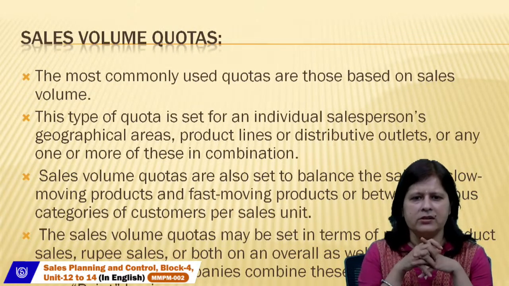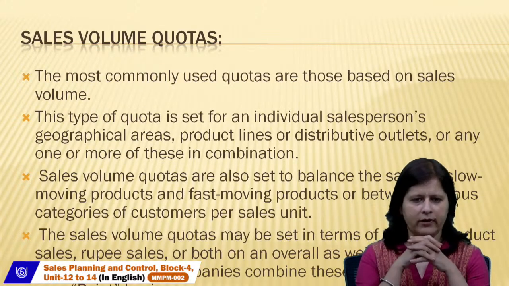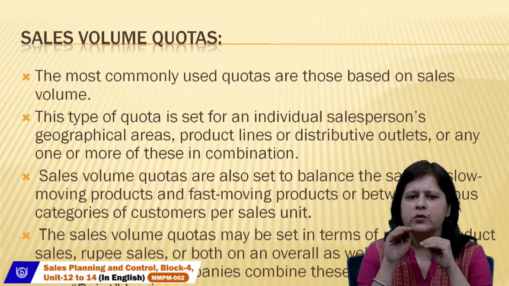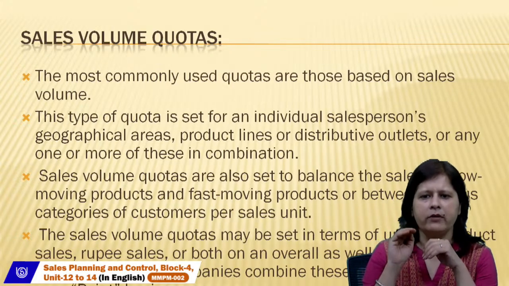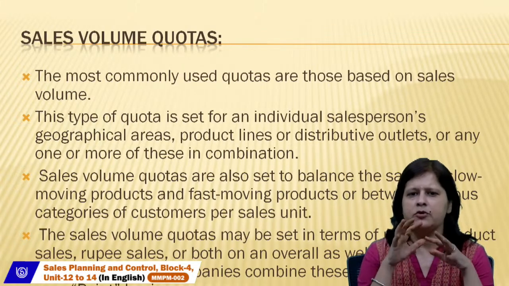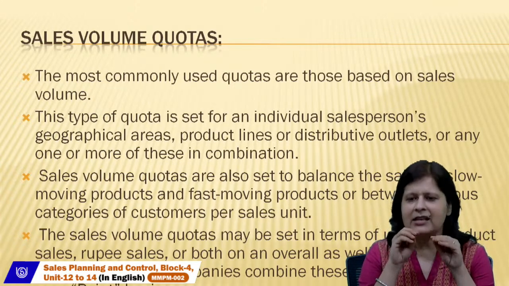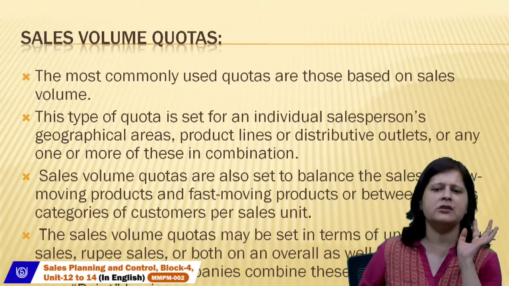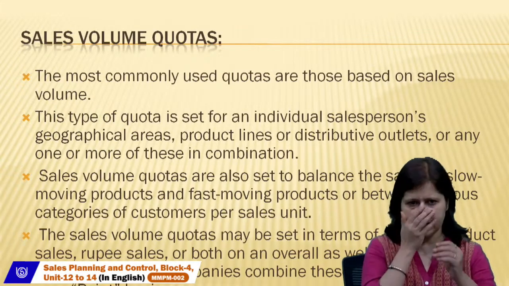Sales volume quotas: the most commonly used quotas are those based on the sales volume, right? The type of quota is set for an individual salesperson, geographical areas, product line or distributive outlet, or any one or more of these combinations. Right, the most commonly used quotas are those based on the sales volume. So the sales volume quota is the most common type of quota or the basis of quota. This type of quota is set for an individual salesperson's